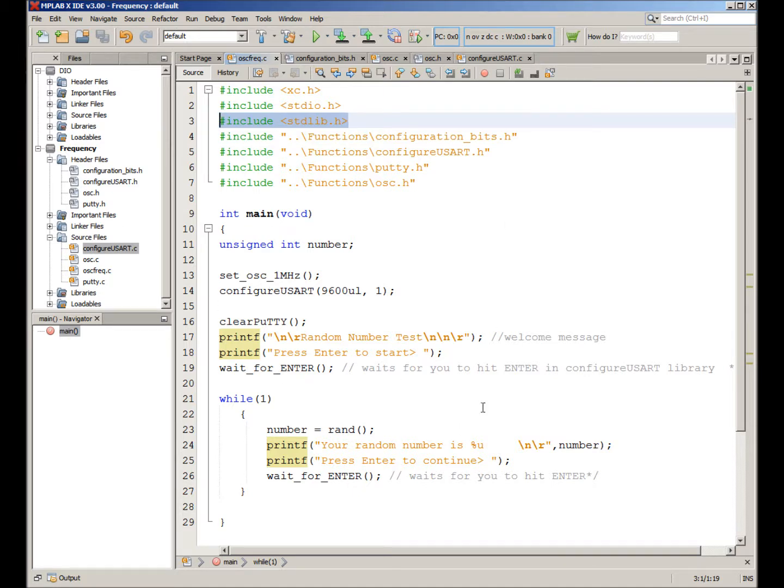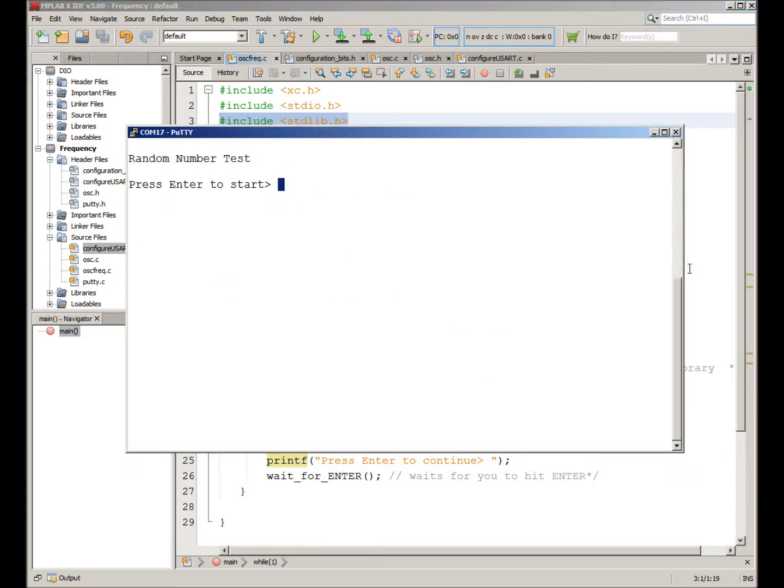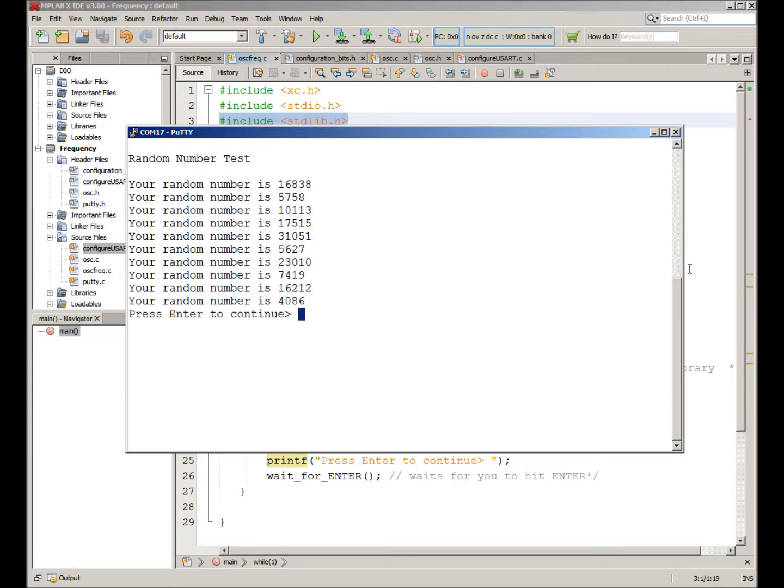So I've already compiled this program, and let's see what we have. Working at 1 megahertz, 9600. Random number test, press enter. So let's have a look at this. There we go. And let's see the numbers we get. It's going to give me a random number between 0 and 32,000 and some, half of 16 bits. Okay, now that looks fine,